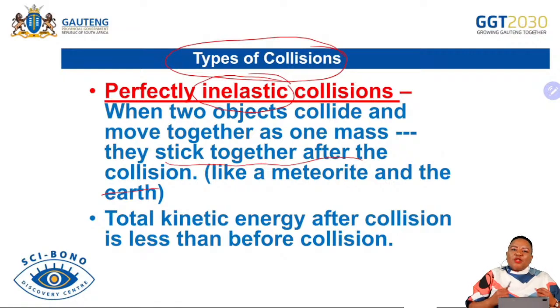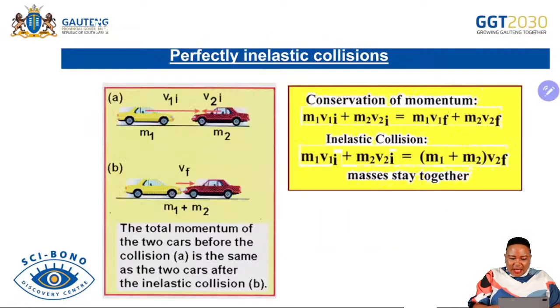So what is inelastic collision? Inelastic collision is experienced when energy is not conserved. The examiner will say to you, is the collision elastic or inelastic? How do you prove that? You just need to prove whether energy is conserved or not. Where energy is conserved, the collision was elastic. When energy is not conserved, the collision was inelastic.